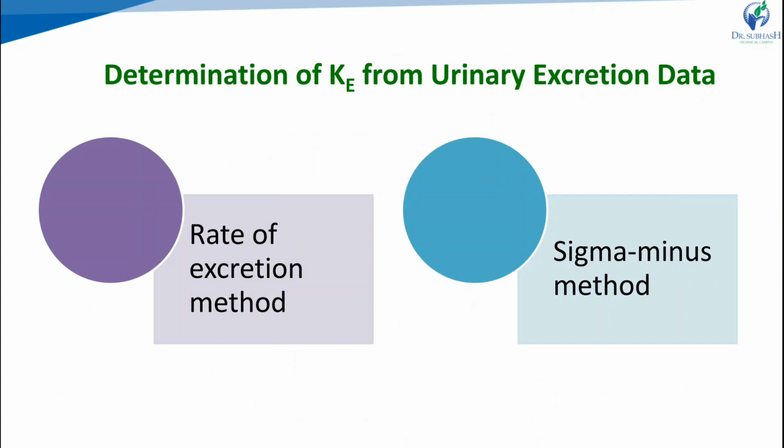Some criteria for obtaining valid urinary excretion data: a significant amount of the drug must be excreted in the urine in unchanged form, at least 10% of the drug. The analytical method must be specific for the unchanged drug, and metabolites should not interfere. Water loading should be done by taking 400 ml of water after fasting overnight, so that it promotes diuresis and enables collection of sufficient urine sample.